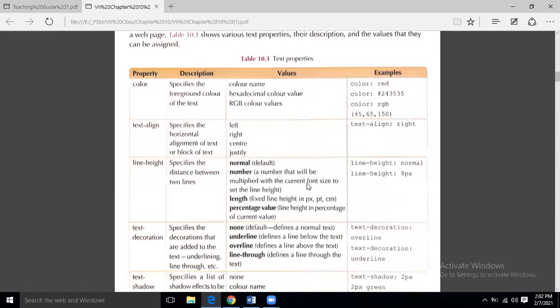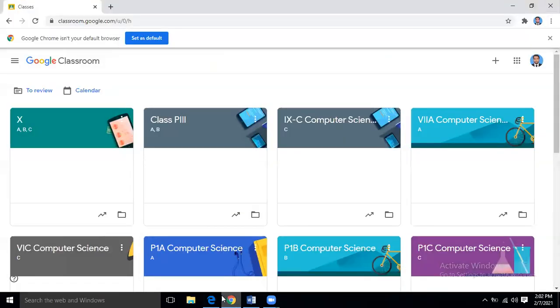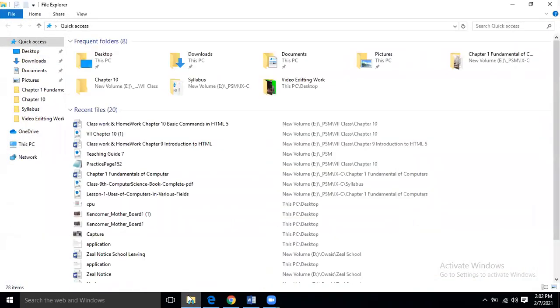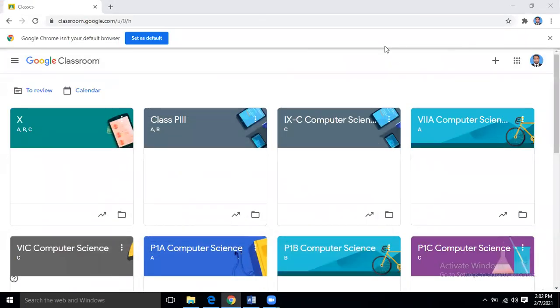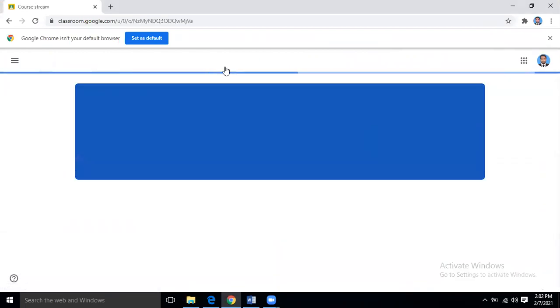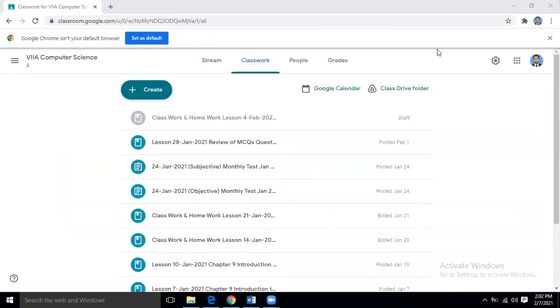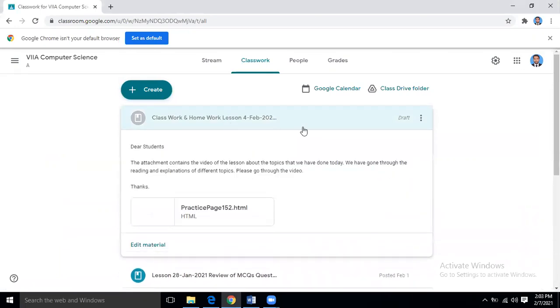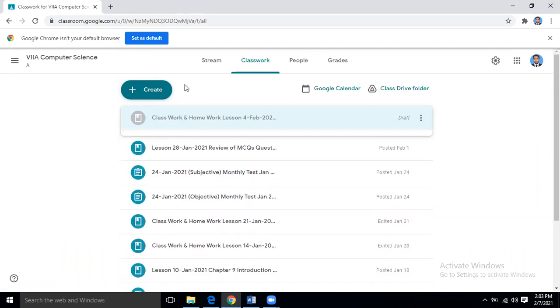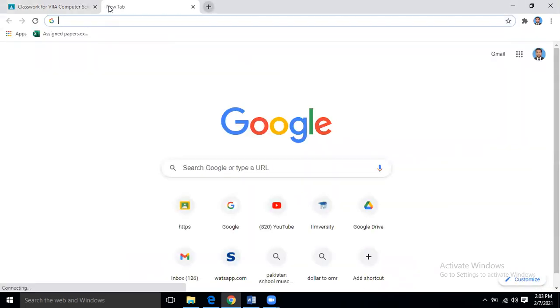You know very well that we are going through this chapter that we have almost accomplished. This was the work that we had done last time. I had shown you one file over here. We were writing different programs to use and implement different HTML commands. So when we had our last class, this was the code that we had done, but I had not uploaded it in your